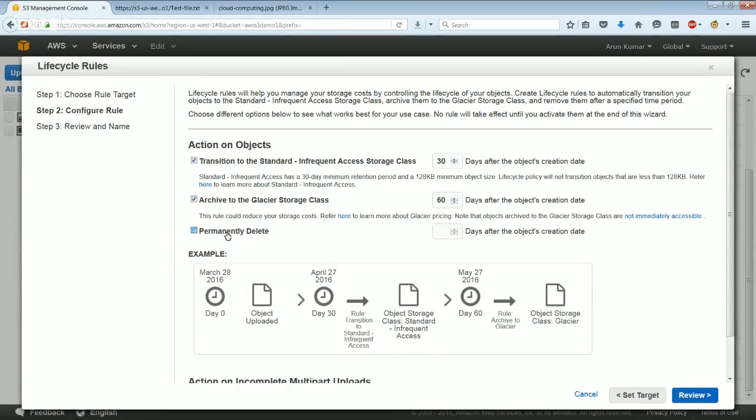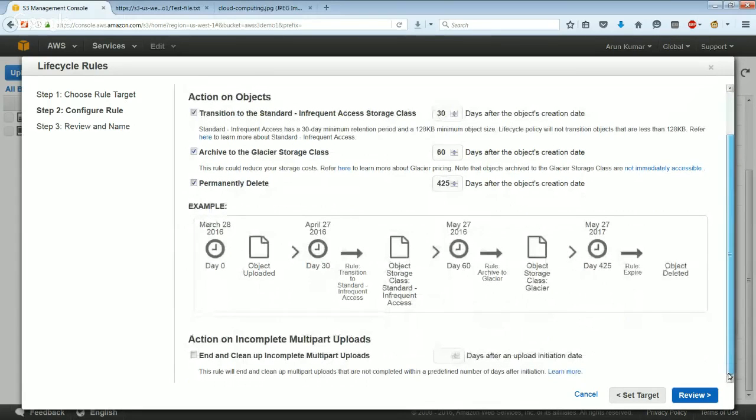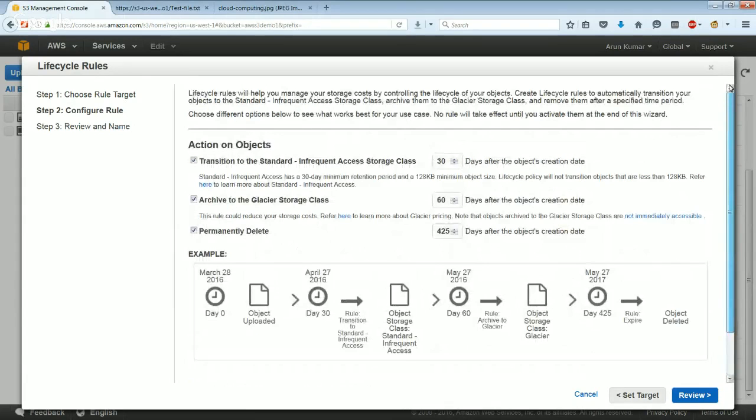Or we can even do permanently delete. As it says, by default for 25 days. Again, you can change depending on your need. Action on incomplete multi-part upload: if something didn't get uploaded completely, you can go ahead and clean that up. So hopefully you get the idea of the lifecycle manager. Again, you can change this. I would encourage you to play around with all of these settings. Just pay attention, I'm not creating any rule here right now, so I'll just go ahead and simply click